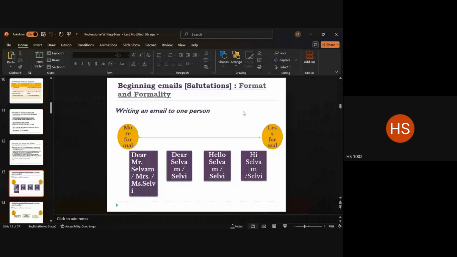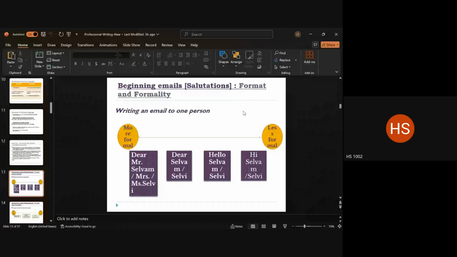Now look at the other part, Dear Lida and Hello Lida. This is how I get addressed by my superior, someone who knows me and who's my superior will write to me like this. Or even someone who knows me and is at the same level as me will write to me like this. Someone who is my superior will never write to me Hello, right? This is a little informal. If they are my superior, they're not going to address me as Hello Lida. But someone at my same level can write that to me.